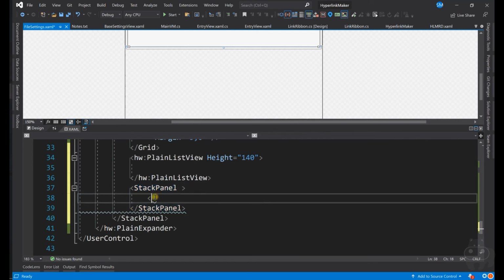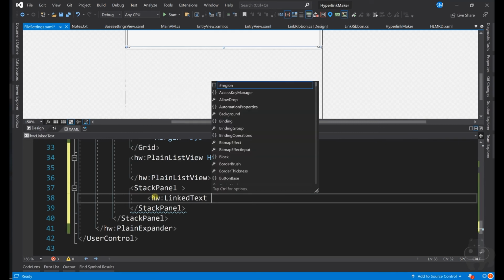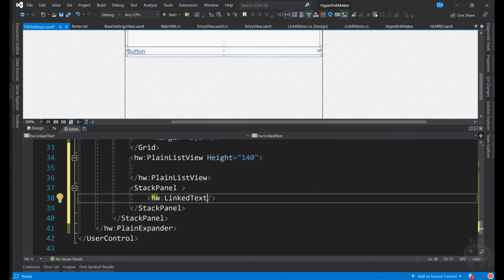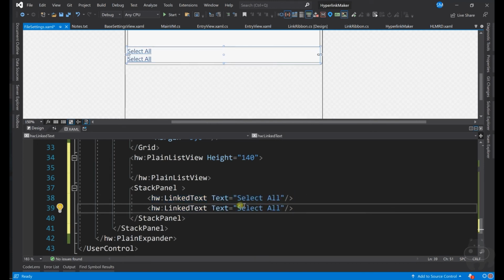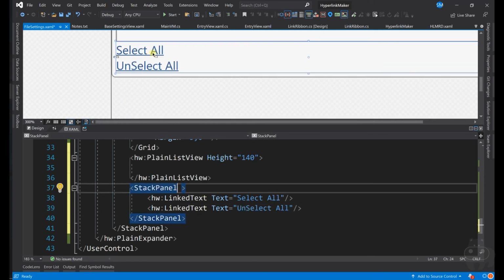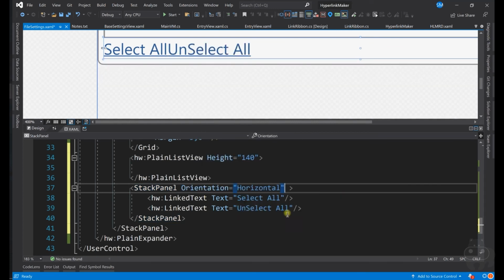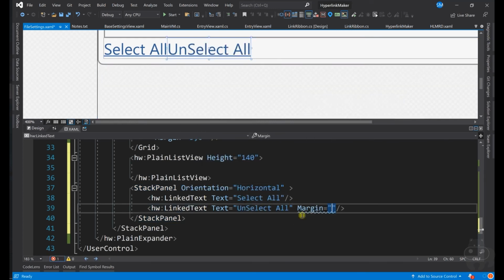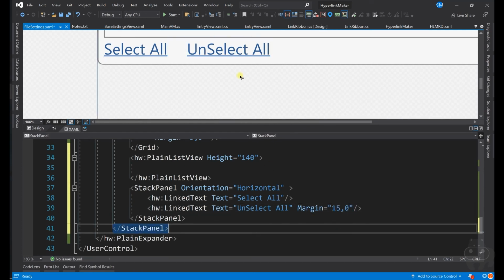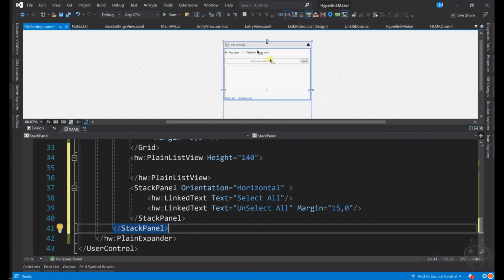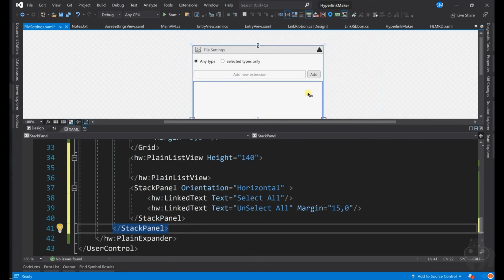Because I'm going to add two linked text, and you know text is equal to select all, and one more which is unselect all, and this is stacked one above the other, but I need it in orientation is equal to horizontal, so it comes like this. And here I'm going to put margin is equal to 5 comma 0, so maybe 15 comma 0. It's fine. So now we have this.